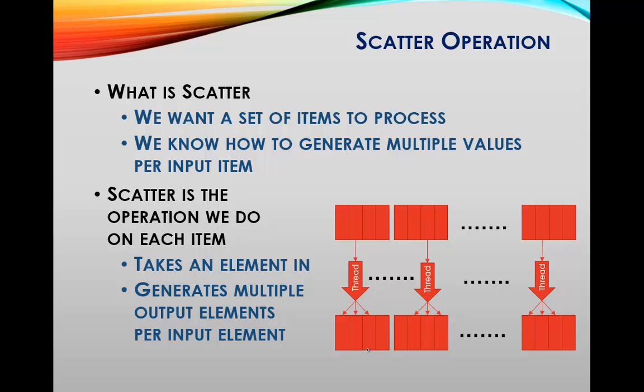Scatter is the opposite of gather. If we want a set of items to process, and we know how to generate, per input element, multiple output elements, scatter is the operation that we do on each of these items. Take your input element,